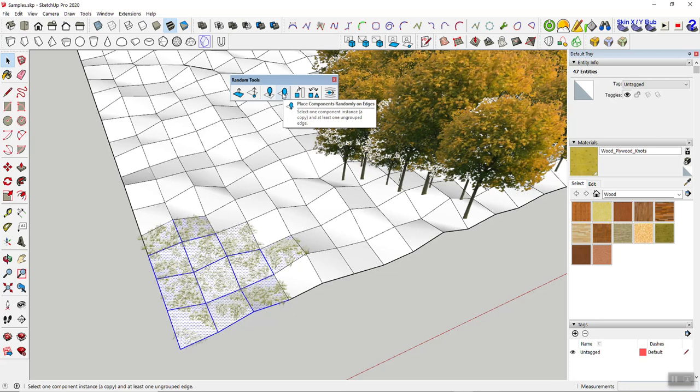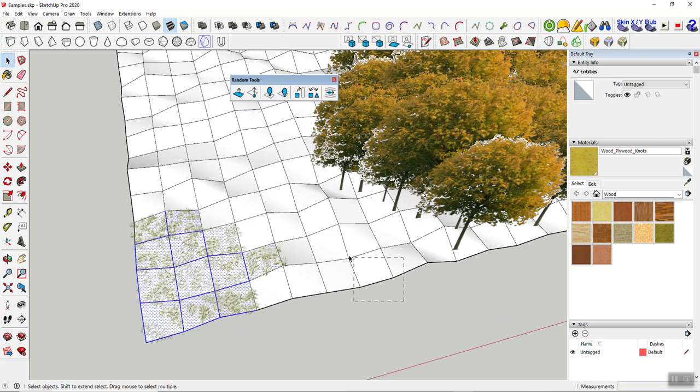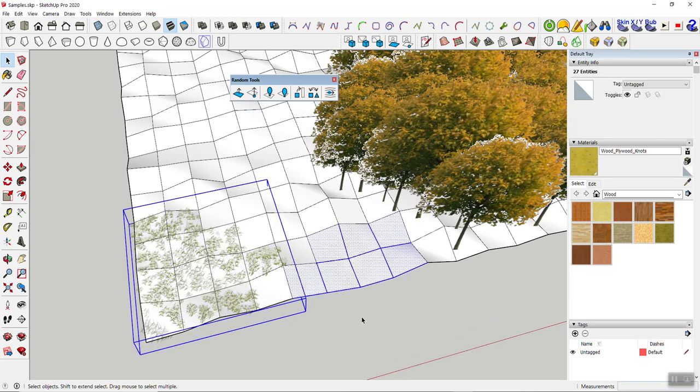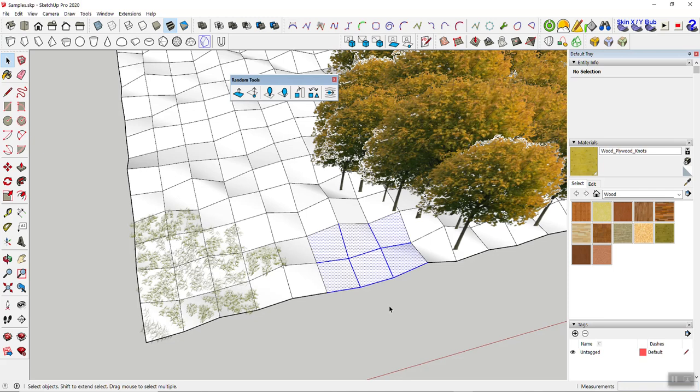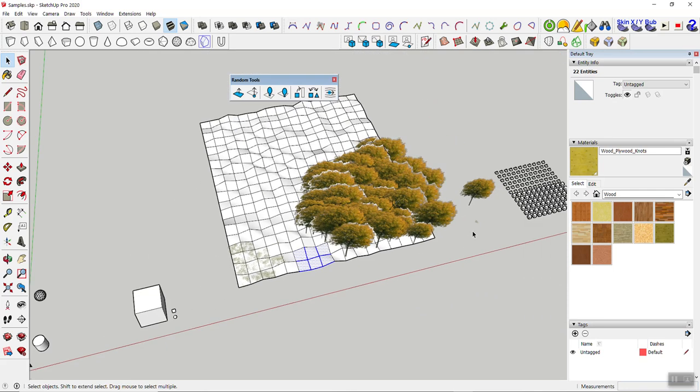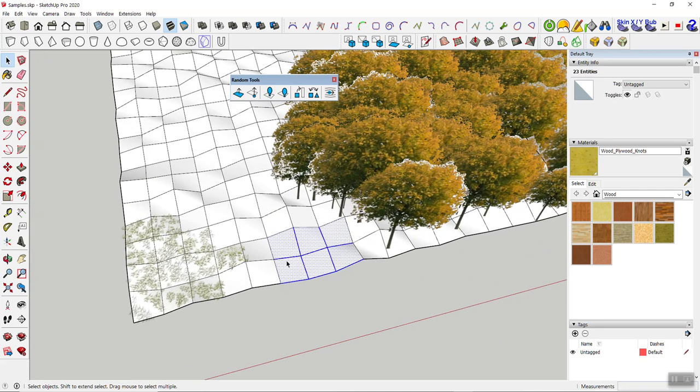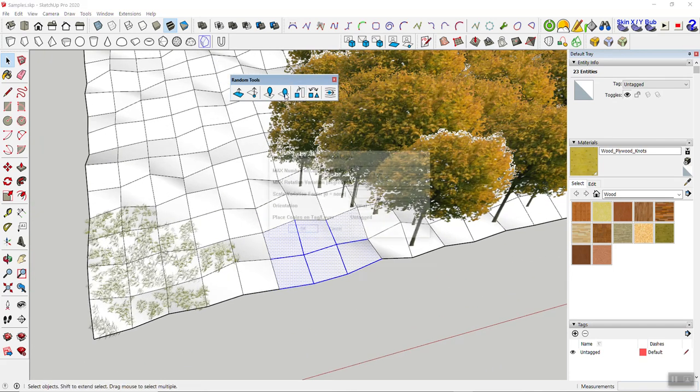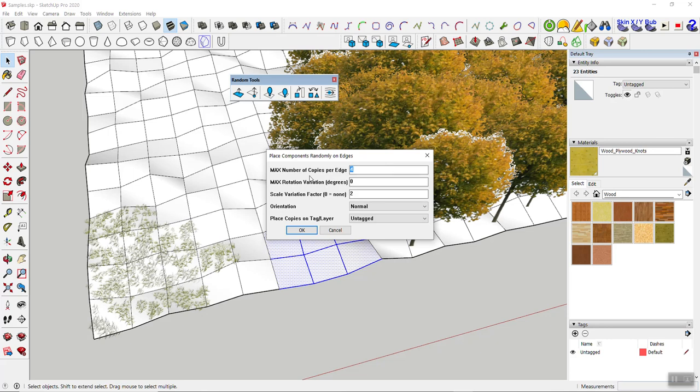So that's that. And then the second version of that is right next to it, and it basically places these components not on faces but rather on edges. So I'm going to just grab a little spot there. Oops, that does not work, of course. Grab a little spot there. Grab my little grass there. I'm going to say on edges. Let's say 10, normal,